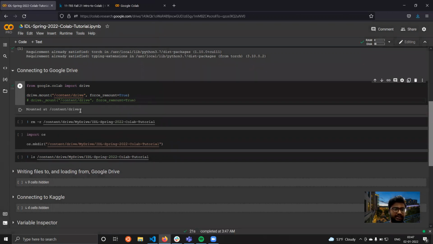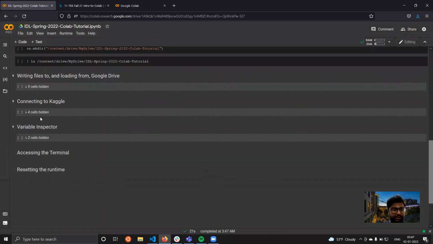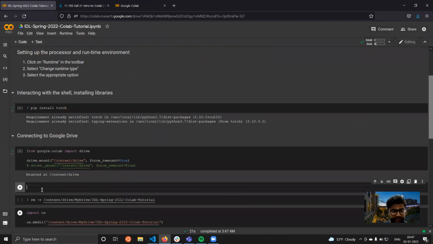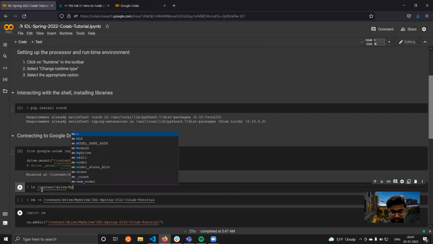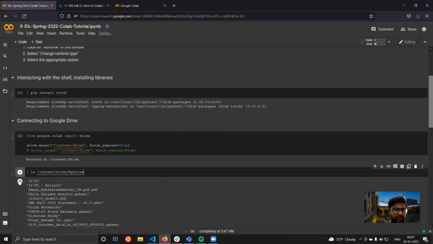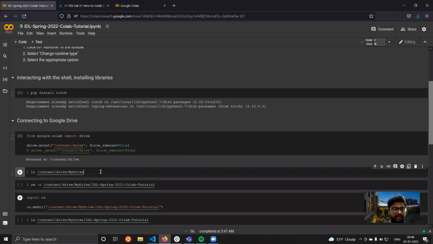And once that's done, you can access your Google Drive at this location. So you can do something like this, and this should list all the files that you have in your Google Drive.